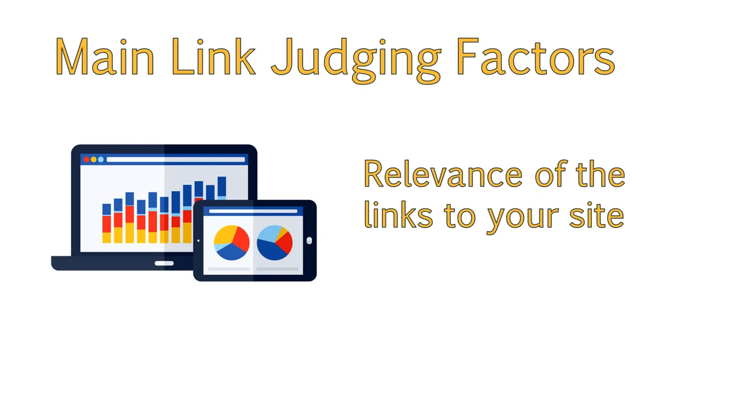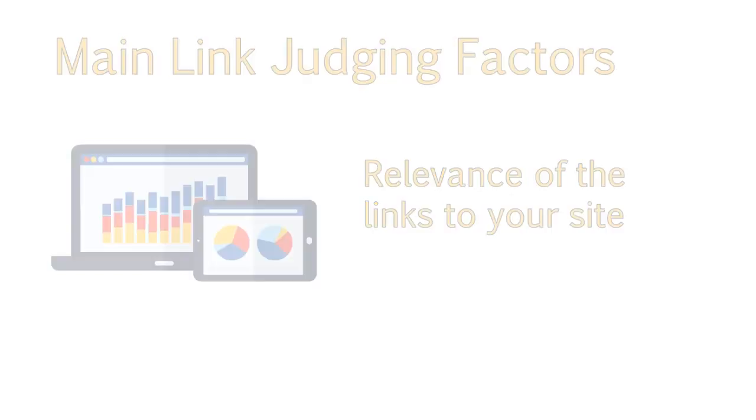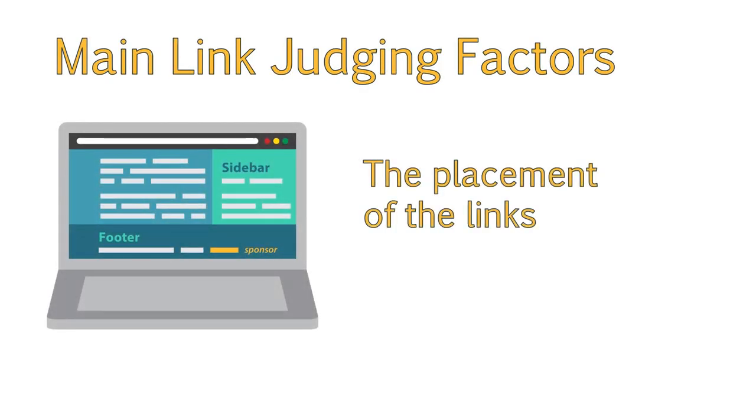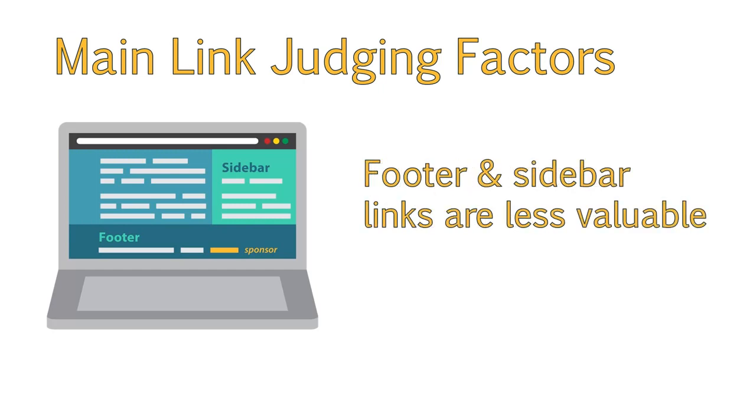However, if you had a site about coffee and a site about flower arranging linked to you, this would seem suspect. Another factor Google looks at is the placement of the link. This refers to where the link is located on the site. For example, links in the footer area or sidebar areas are generally less valuable and are also known as site-wide links, which can sometimes be seen as spammy.